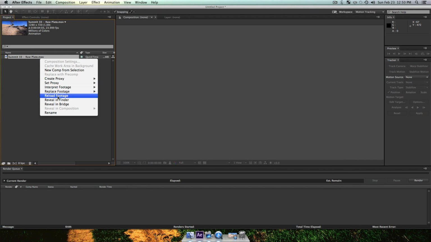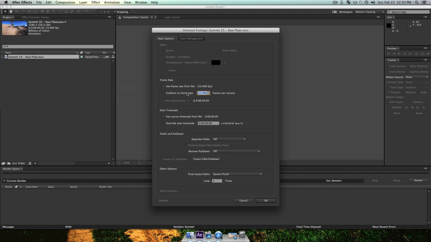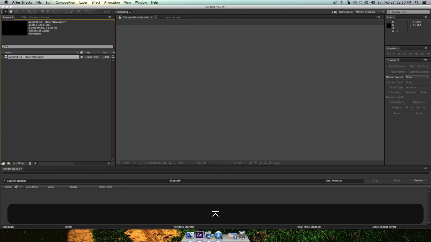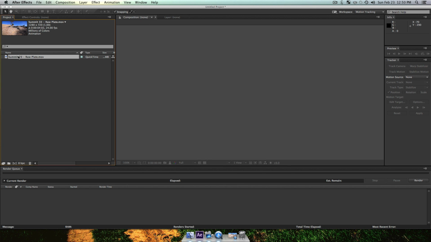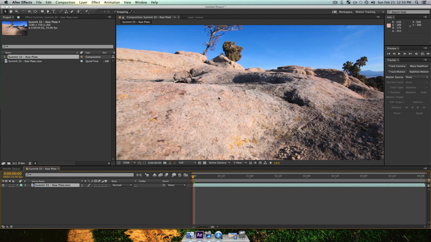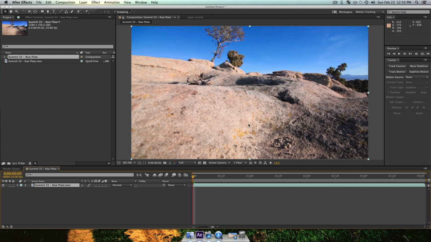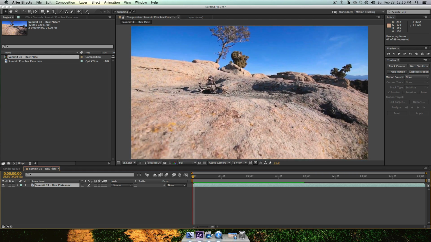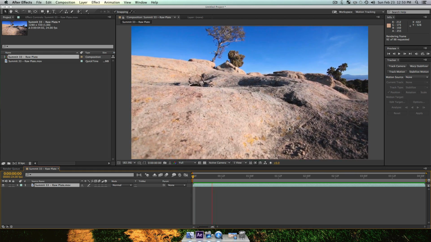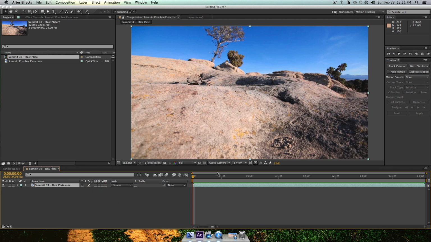I'm going to right click it and just go to Interpret Footage Main and just take a look. And it's going to say 23.99 is the frames per second. I'm actually going to put this to 24 frames per second just because that'll be easier down the road. So I'm just going to place this raw plate into a new composition here, and now it's going to pop up into our window. So if I play it, pressing 0 on my keyboard, we'll see we have our footage playing. And this is going to be how we're going to track our footage, obviously. And we'll be able to do this right inside Adobe After Effects.